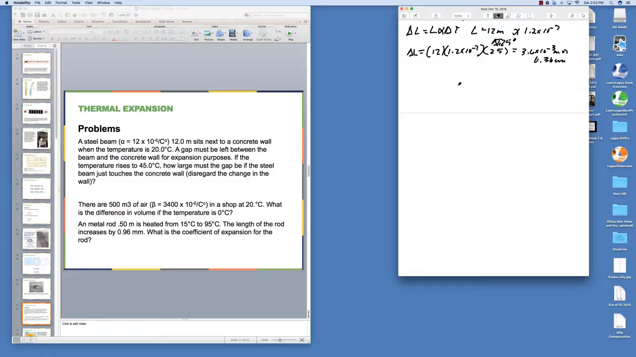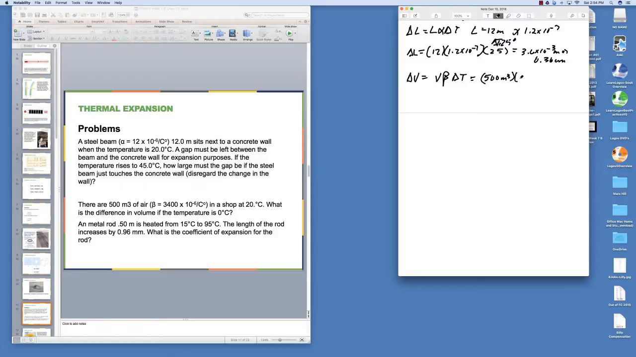Let's look at the second problem. You have a 500 cubic meter mass of air, and it gives you the volumetric expansion, and it's in a shop at 20 degrees. How much does the volume of this air change if the temperature is lowered to 0 degrees? Well, delta V is equal to V beta delta T. And in this case, it's going to decrease, okay? So we're going to go with 500 cubic meters